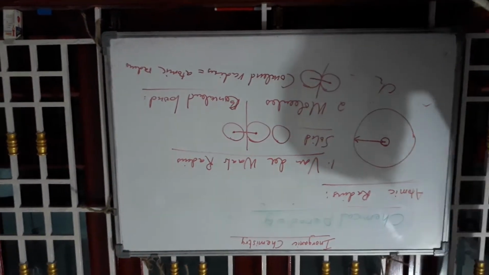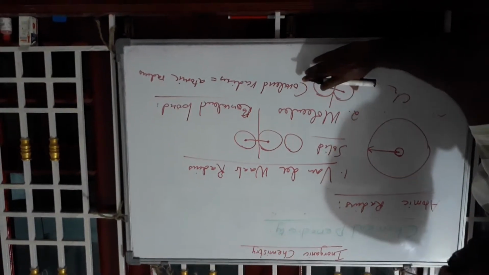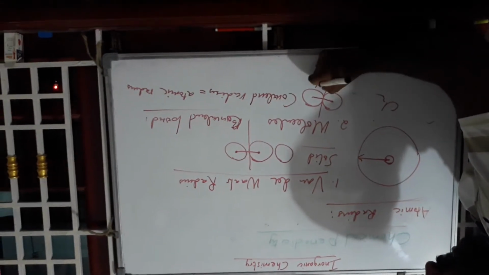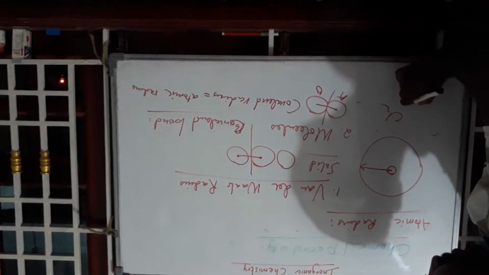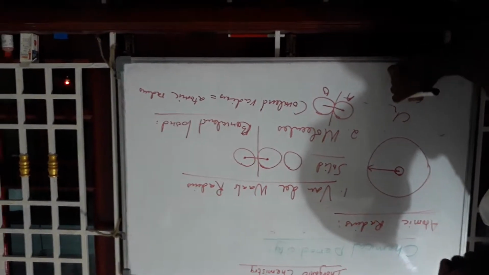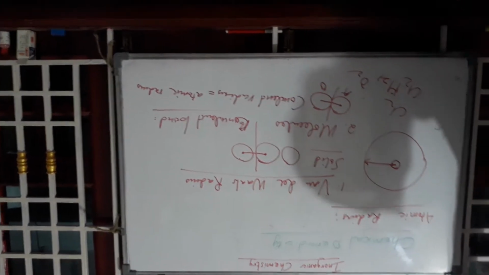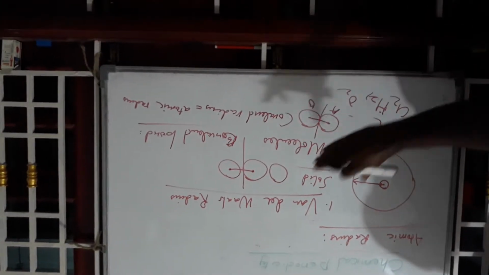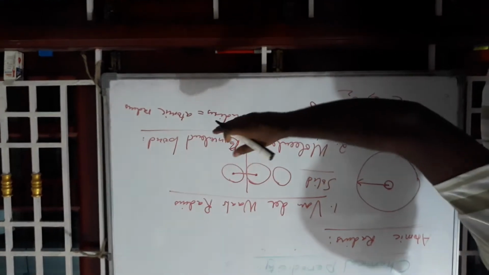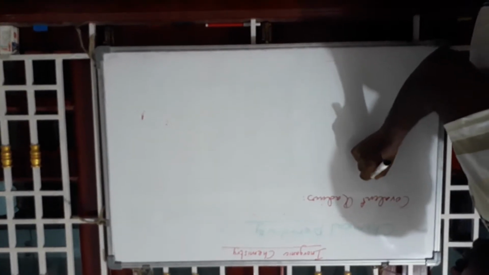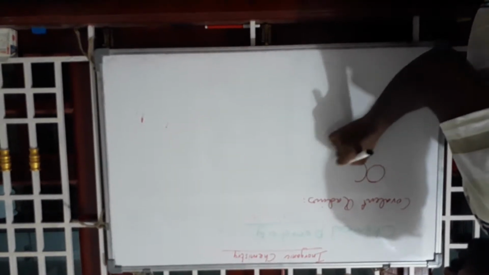This rule is only applicable when both atoms, atom A and atom B, are the same. So chlorine, hydrogen gas, oxygen gas are applicable for this covalent radius and atomic radius rule, because these are homogeneous atoms. Covalent radius, if two atoms are different,